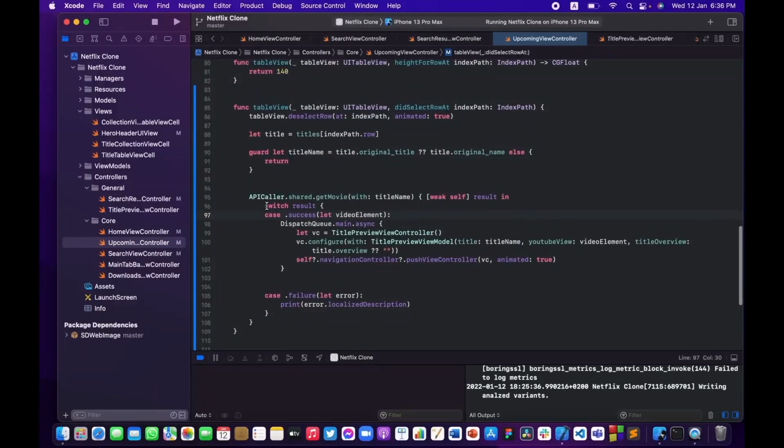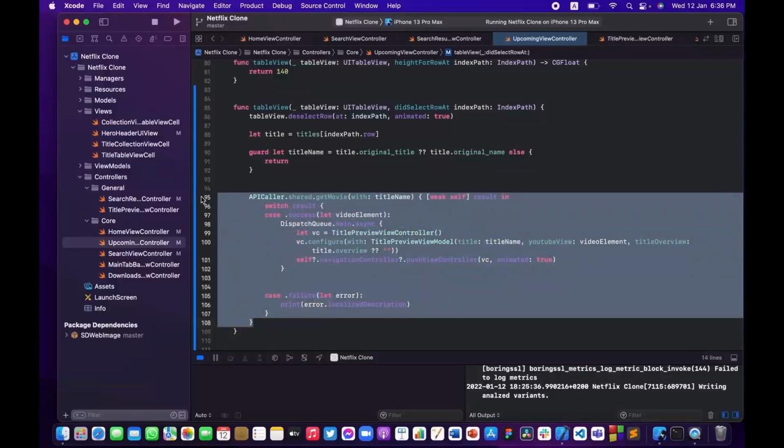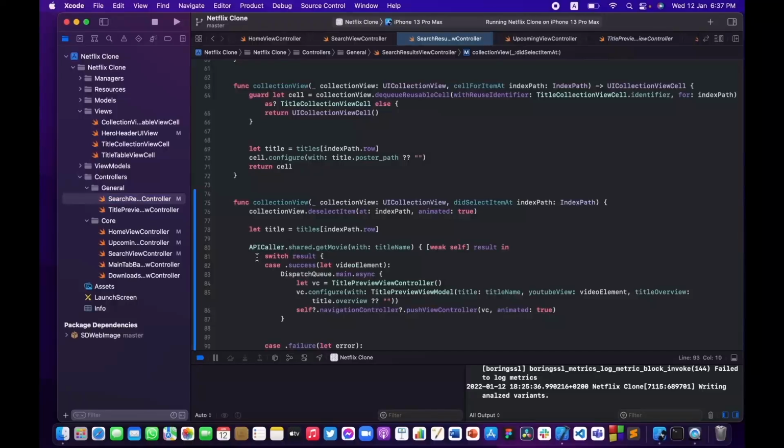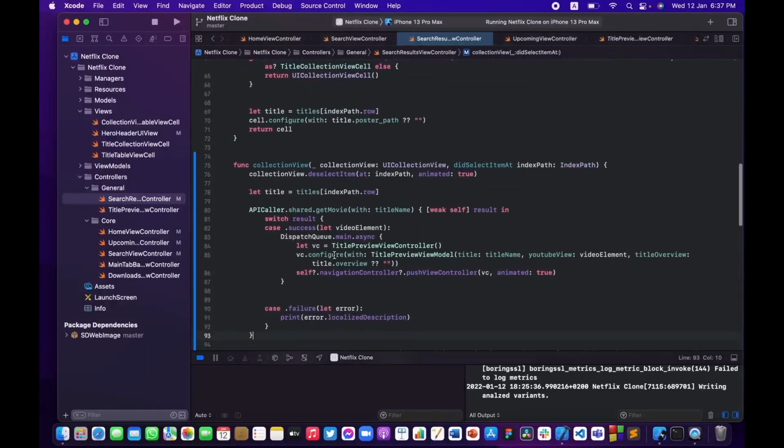Yeah, basically it's going to be the API caller function. So let me just grab that function over here, because basically we're just going to be doing the same thing. Alright, so APICaller.shared.getMovie, and basically I'm just going to get the name, and that name is going to be from the title. Alright, so original title or empty string for now, and I'm pretty sure that is going